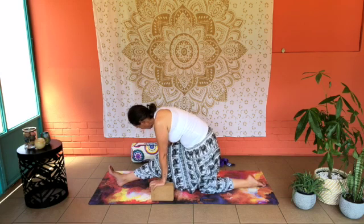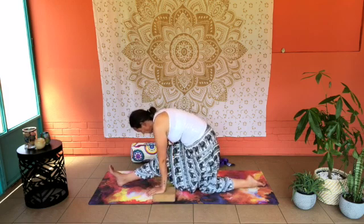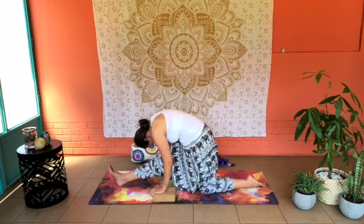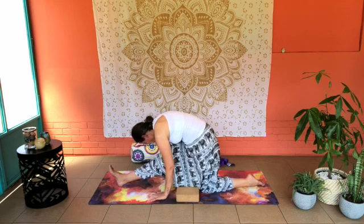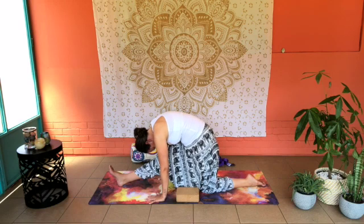And if you feel you still have got a bit of range in you, you can drop onto the lowest level of your block. And if you still have more, you can step your palms onto the mat, drawing your forehead down towards your knee. Allow yourself now to breathe here for another few seconds. Wherever you are in this posture,